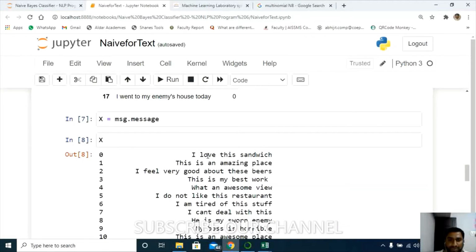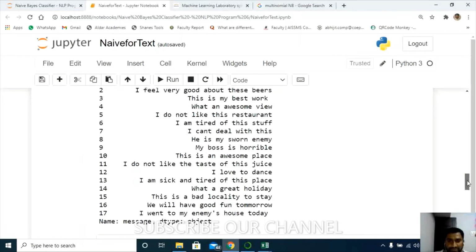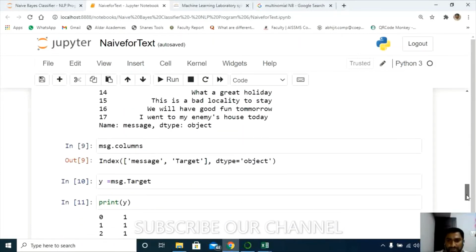Next, what I will do, I'll try to give a key for love as well as sandwich. Suppose I prepare one stack here. In the stack, I'll give love the key value as 1. In the same way, wherever you find love in the other text, that word will have the key value as 1. Similarly, sandwich I'll give the key value as 2. Wherever you find sandwich in the rest of the text, that will get the key value 2. Understood? That same thing I'm going to do.